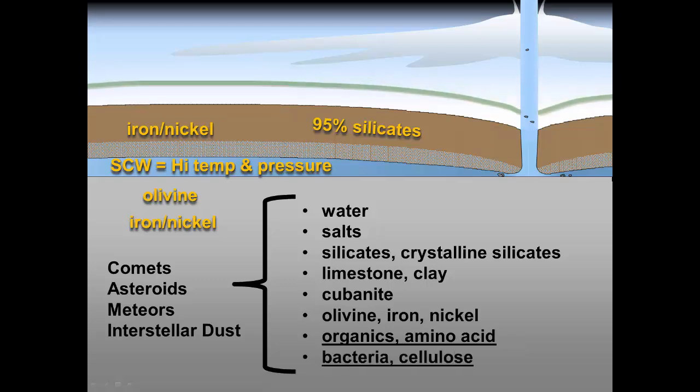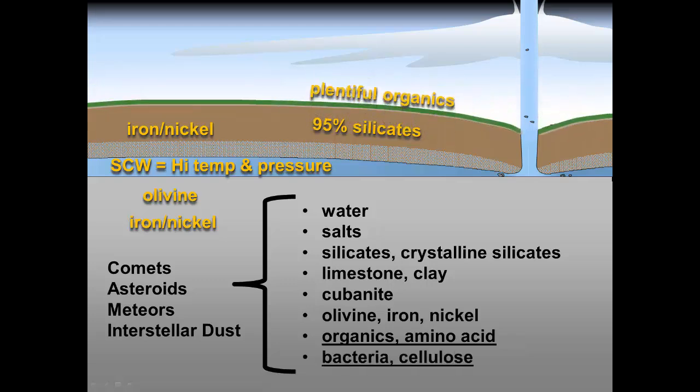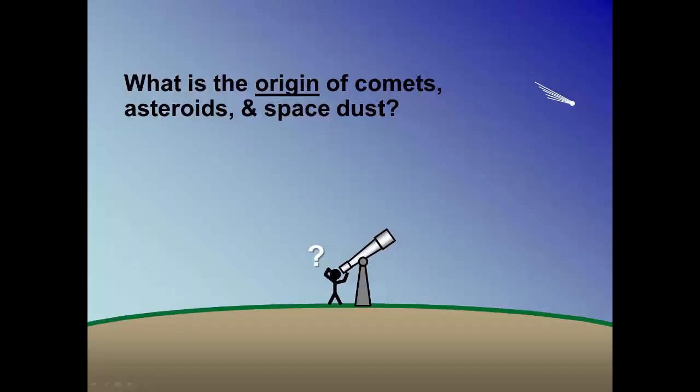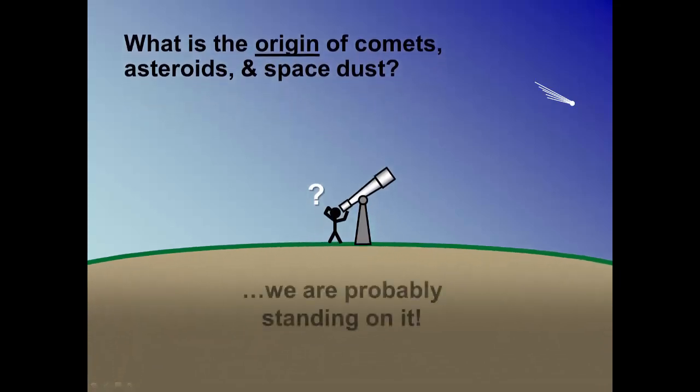Of course, without question, the Earth's surface has the highest known concentrations of these familiar products of life. Where else does something like cellulose form and thrive? Often these bodies are explained as leftover building blocks of our Earth. So while there is much speculation over the origin of these objects and their content of trace organics, the evidence strongly suggests that we are standing on the source.